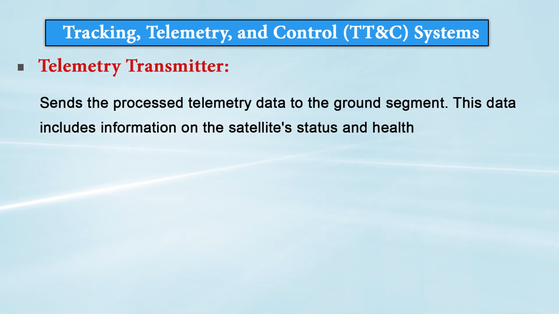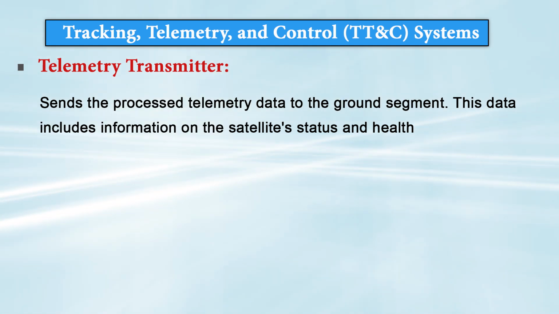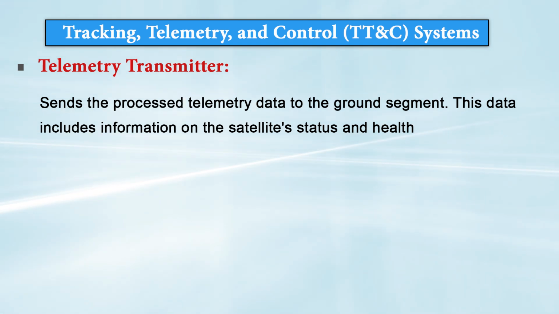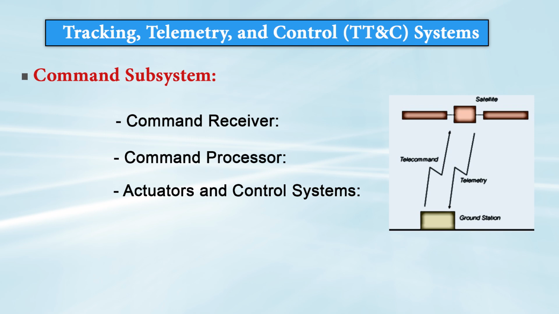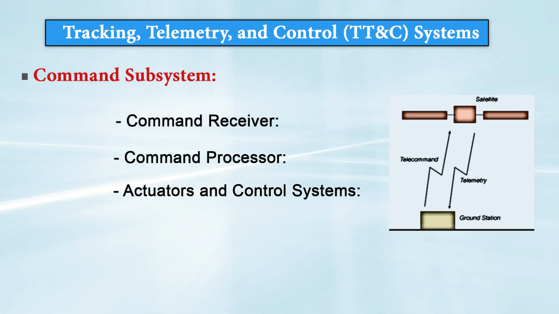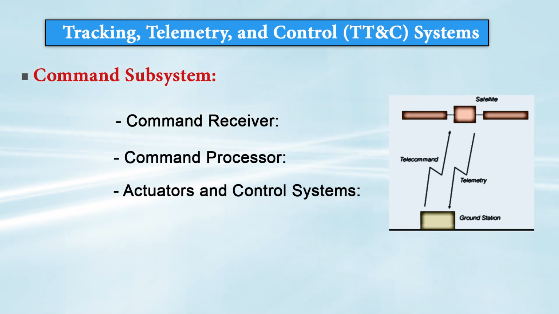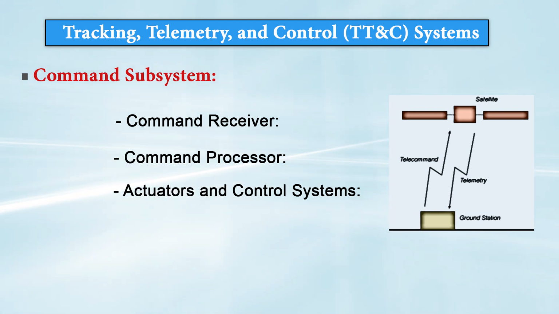Then through the telemetry transmitter, this encoded data is sent to the earth station control room, and in the earth station control room they compare the received data with the standard set value. If they find any discrepancy, then they generate a corrective command. Now, this corrective command is sent back to the satellite, and the satellite receives this command, decodes it and